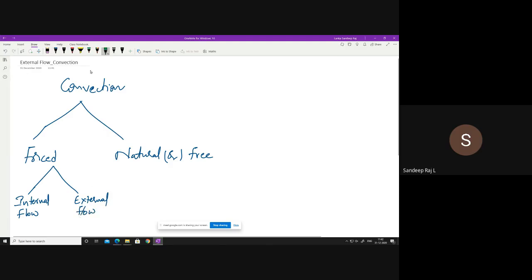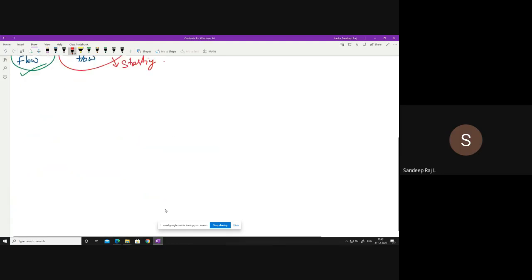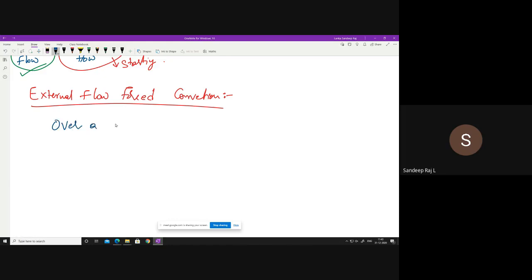Okay, in this we have completed the internal flow forced convection. Now we are starting this one, the external flow forced convection we are looking at. Okay, so it is external flow forced convection. Okay, so in external flow forced convection, the flow will be over a body,